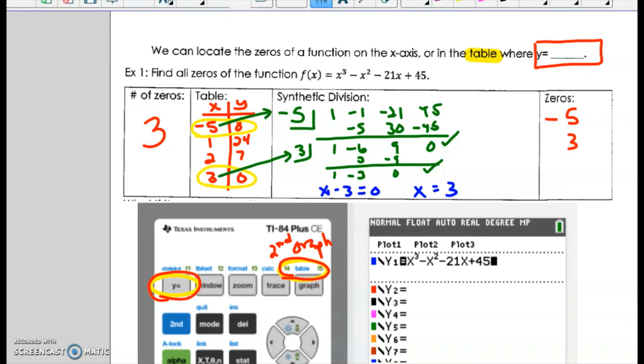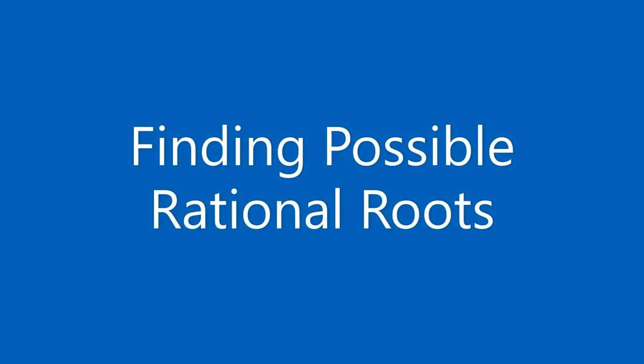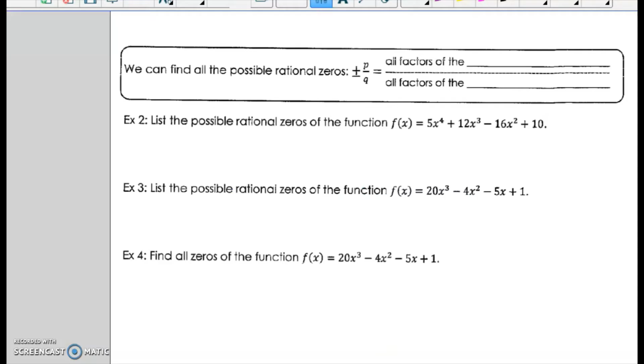So our last and final zero was 3. And we used our calculator to help us get synthetic division started, and we used our degree to tell us how many answers we were going to have. Okay,